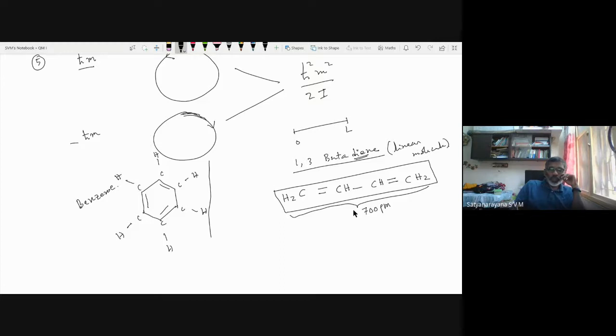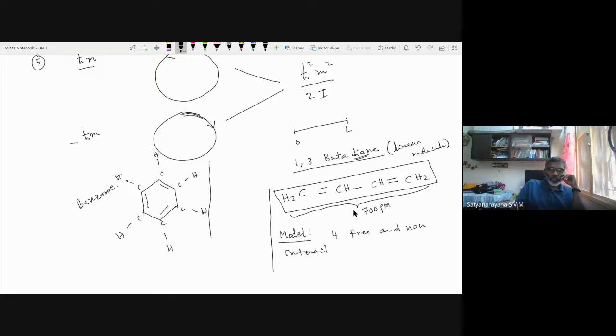Each pi bond will have 2 electrons, one from each carbon atom. So there are totally 4 electrons, and these 4 electrons are loosely bound. So this molecule can now be modeled. The model for this molecule is that you have 4 free and non-interacting